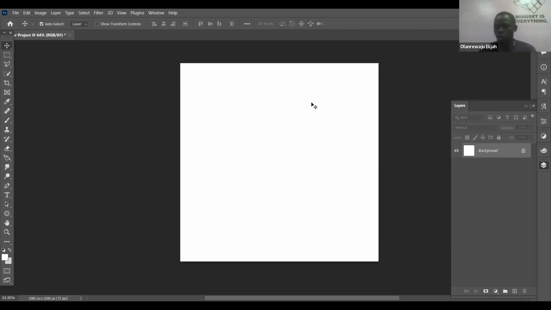So now there is a way they want to appear. So now they've documented everything. So that is what you should request from them. So that when you are using their color, you will not misuse their color. You will not use white when you're supposed to use red. You will not use orange when you're supposed to use yellow, right? Brand guide. But most of the companies that you see out there, especially those small businesses, especially most of them that are on Instagram, they don't even know anything called brand guide. It is when you are designing for maybe an established company, that is when you request for that.